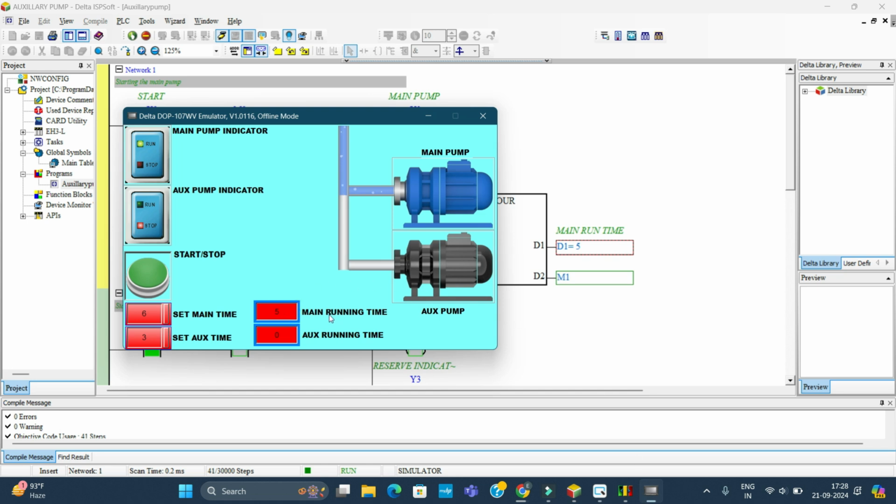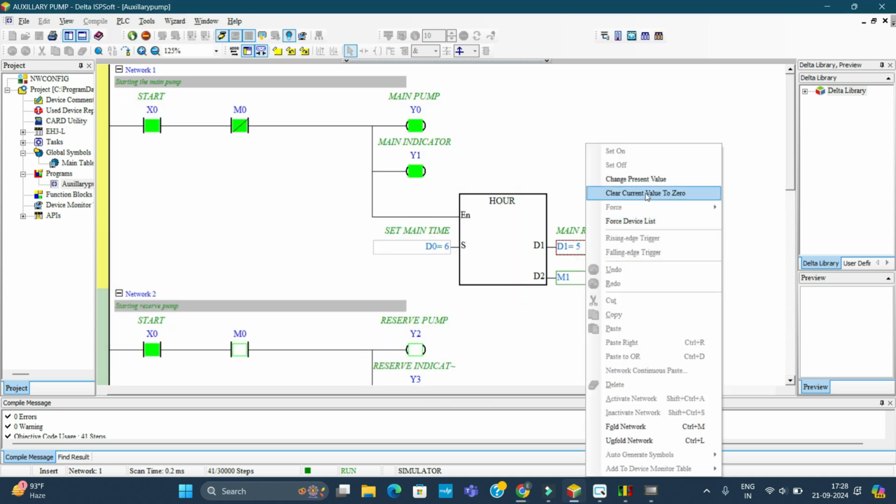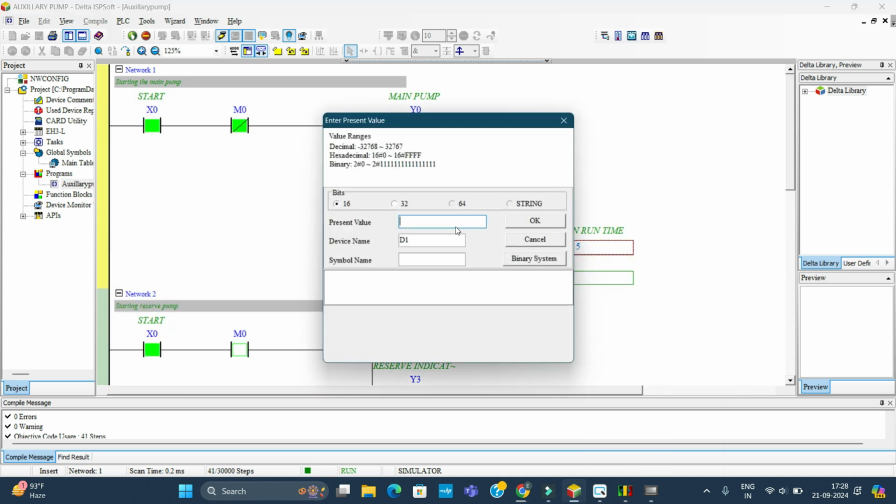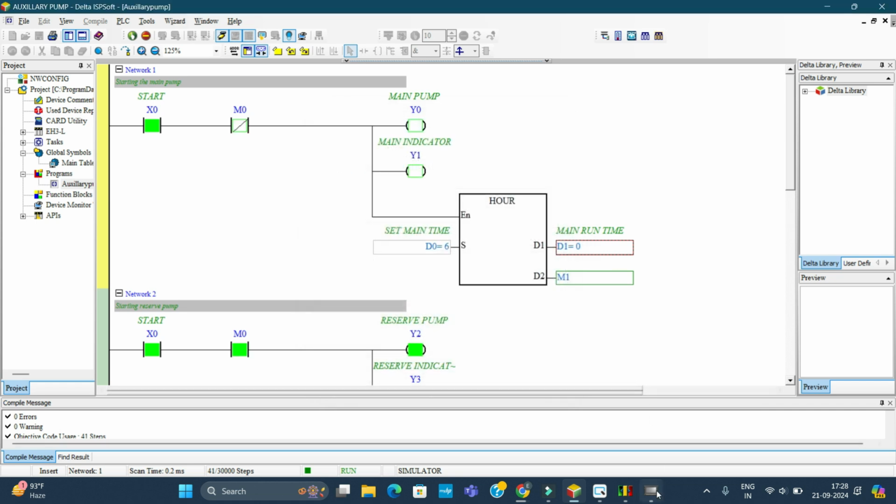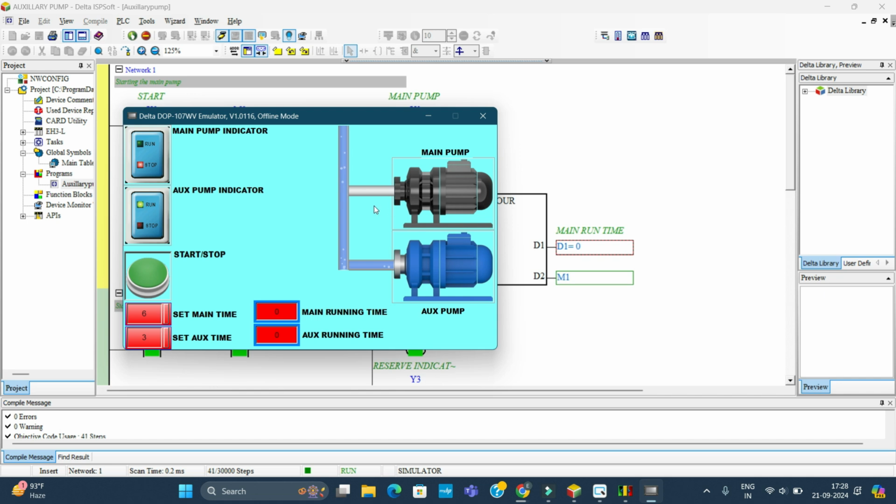If there are 5 hours, you can see the main has run for 5 hours. But since 5 hours is still less than the set time, it still has to be on. But if we make it 6 hours, I press okay, I come back. In 6 hours, you see the 6 hours, this one has to go to rest now, and this pump comes